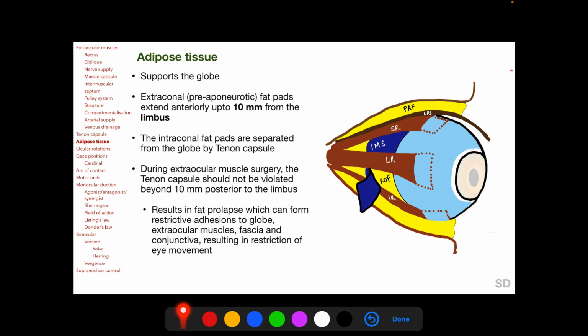into two regions, the extraconal or the pre-aponeurotic fat pad and the intraconal or the retroocular fat pad. These two regions are separated by the rectus muscles and the intermuscular septum between the rectus muscles. The extraconal fat pad extends anteriorly up to 10 mm behind the limbus, and the intraconal fat pad is separated from the globe by the Tenon capsule. During extraocular muscle surgery, the Tenon capsule should not be violated 10 mm posterior to the limbus, because this will result in fat prolapse, which can form restrictive adhesions to the globe, extraocular muscles, fascia and or the conjunctiva, resulting in